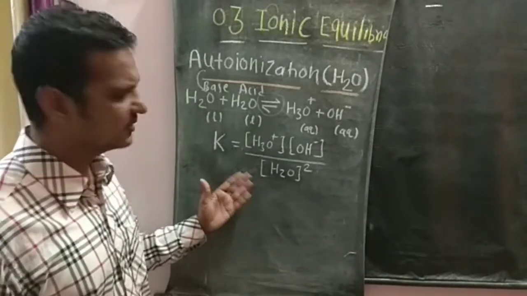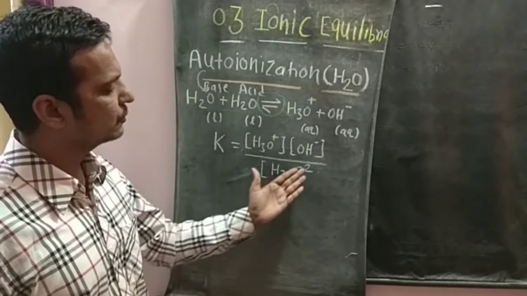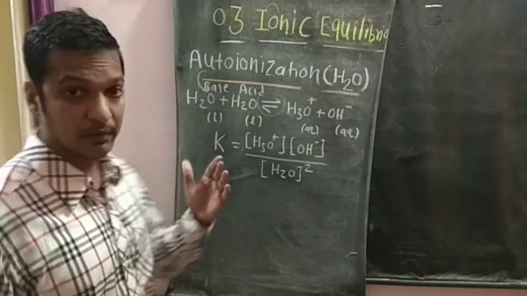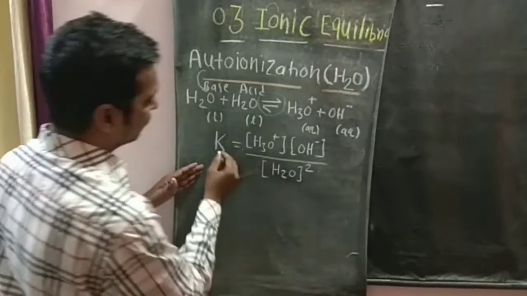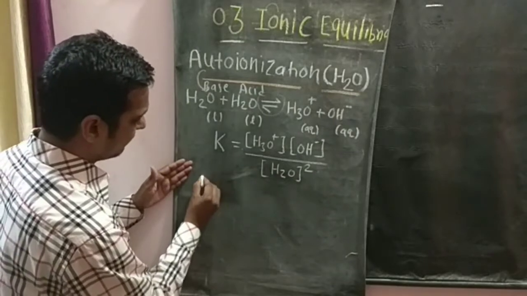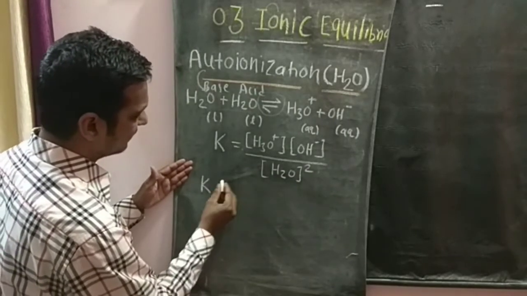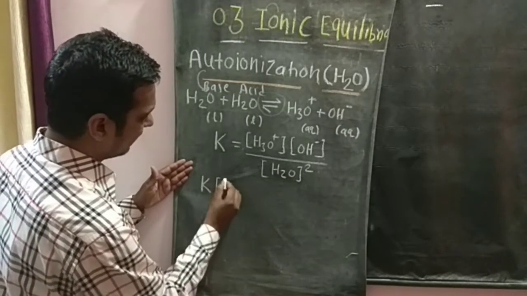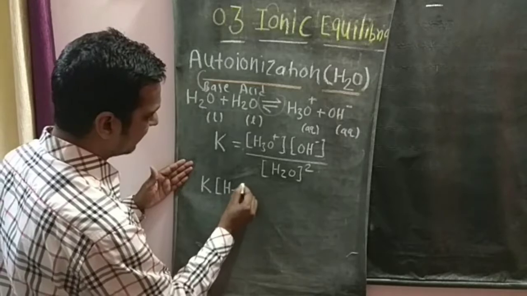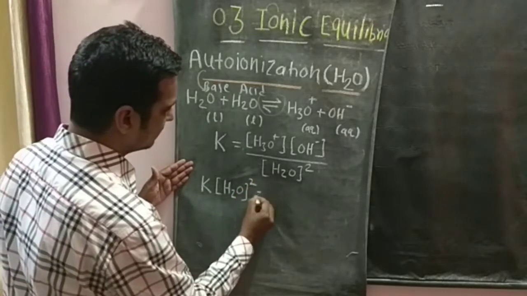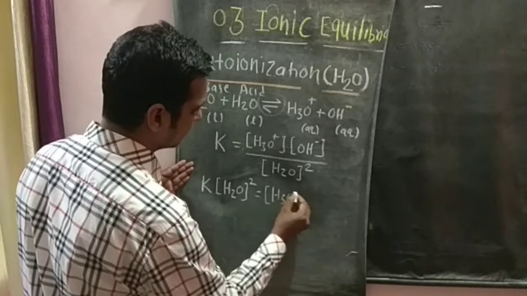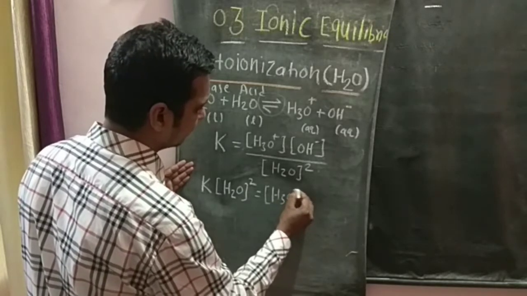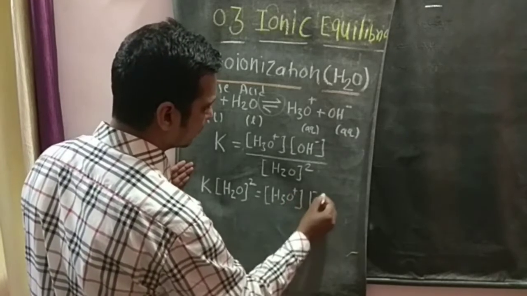Now we can interchange this equation: K into H2O bracket square is equal to the concentration of H3O plus into the concentration of